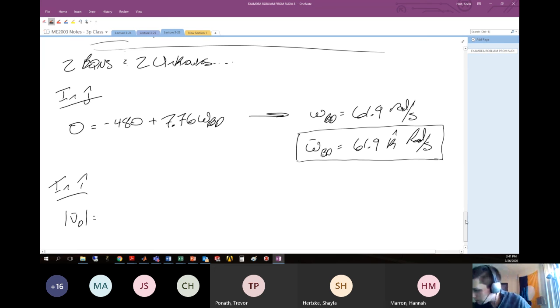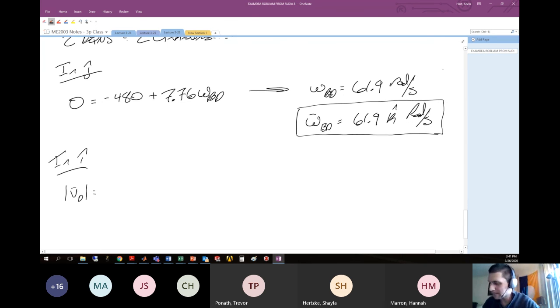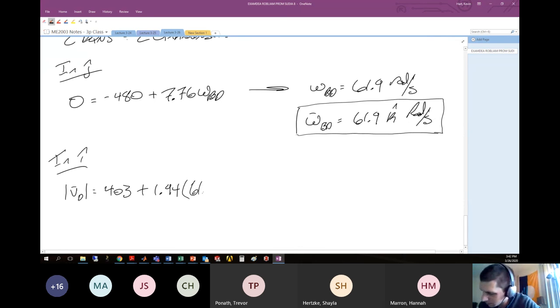This here will be equal to the portion of translation in I hat and this portion of my motion from fixed axis rotation. So here this will be 403 I hat plus 1.94, which is here, multiplied by my angular velocity magnitude, which is 61.9 radians per second. I'll end up with the magnitude here of VD is equal to 403 plus 1.94 times 61.9, which is simply